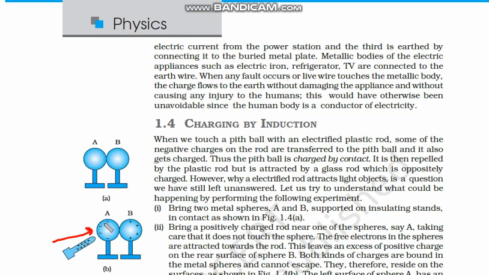Suppose this is positive. There was no charge on A as well as no charge on B. When we brought this closer, negative charge came on this side of A because of the attraction of opposite charges. Since this side of ball A becomes negative, the other side must be positive. And this side of B becomes negative and the far side of B becomes positive. In this way, when we don't touch two objects and the objects become charged,